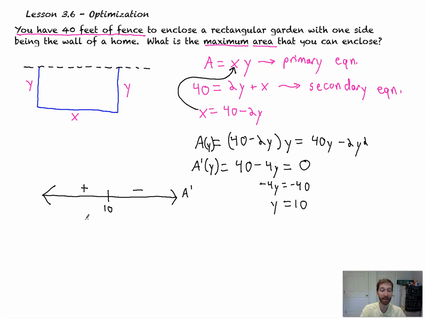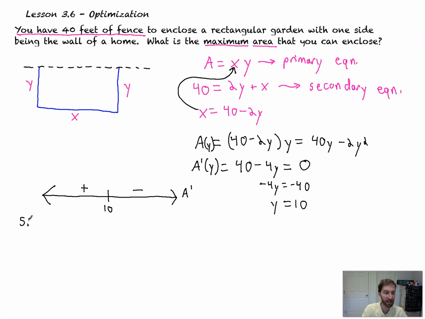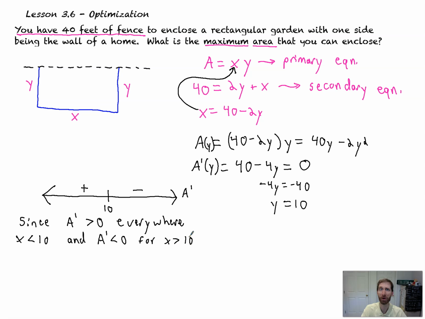So what this ensures us is, and I'm going to write out the justification just once, only on this problem, but this is the exact way I want you to write it. I was going to type it out, but I guess I'll write it out by hand. I'll say since a prime is greater than 0 everywhere x is less than 10. You probably don't even need to have the everywhere, but a prime is greater than 0 for x less than 10, and a prime is less than 0 for x greater than 10. That's a little more efficient. The absolute maximum area, I'll abbreviate here just so you don't have to watch me write for too long, absolute maximum area will occur